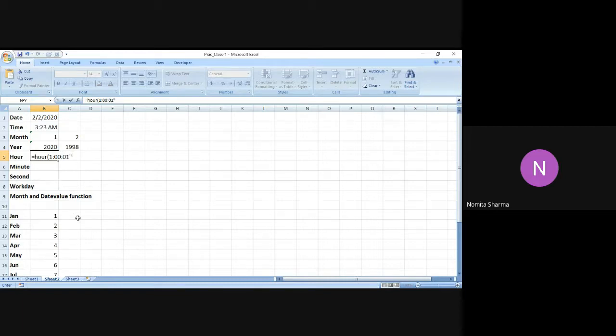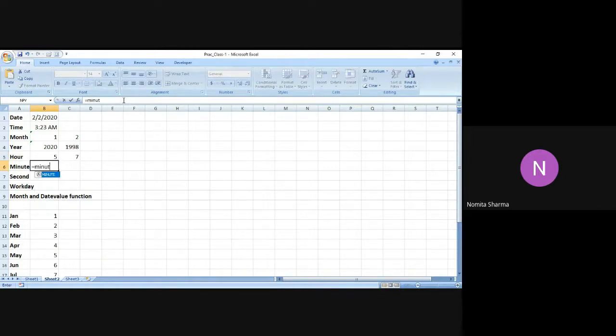We have to write that in the quotes. And let me close it with the bracket, and it's going to give me 1 as the answer. If I change this 1 to 5, this is going to give me 5 as the answer. Let me show it one more time. So I say bracket, quotes, 70234, close the bracket, and I get the answer as 7 over here.